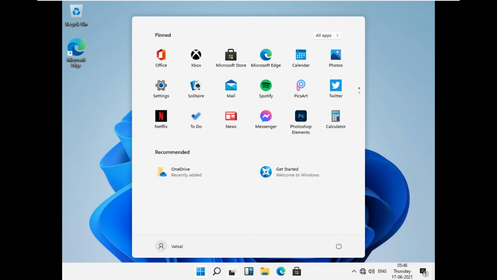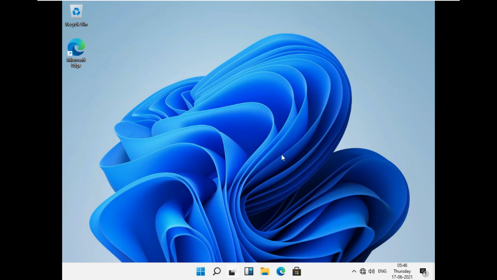At the top we have all the apps, and under it you will find all the recently opened documents, and then at the bottom left corner we have the profile. You can click here to sign out, and at the bottom right corner we have the power button to shut down and restart. So this is all we have in the start menu.